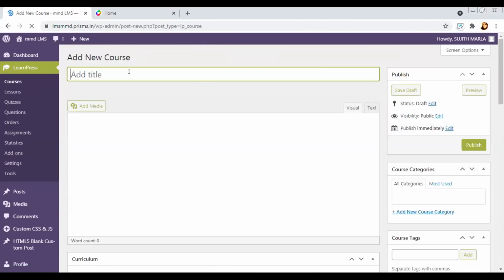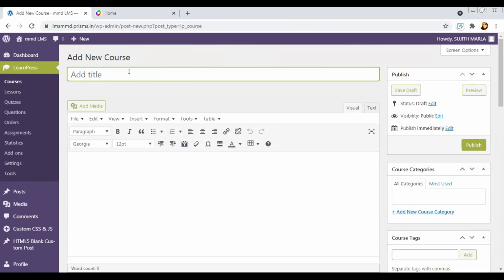In add new course, you have to type the class and subject that you're teaching. Let's say if I'm teaching sixth science, I'll type sixth science. It can depend upon school to school, but the course name should always have the class and subject. You need to create only one course for a single class and single subject. For a single class there'll be multiple subjects, and for each subject you need to have a course. Whatever is taught for sixth science throughout the year should come under this one particular course. Once I have added the course, I'll simply publish it.